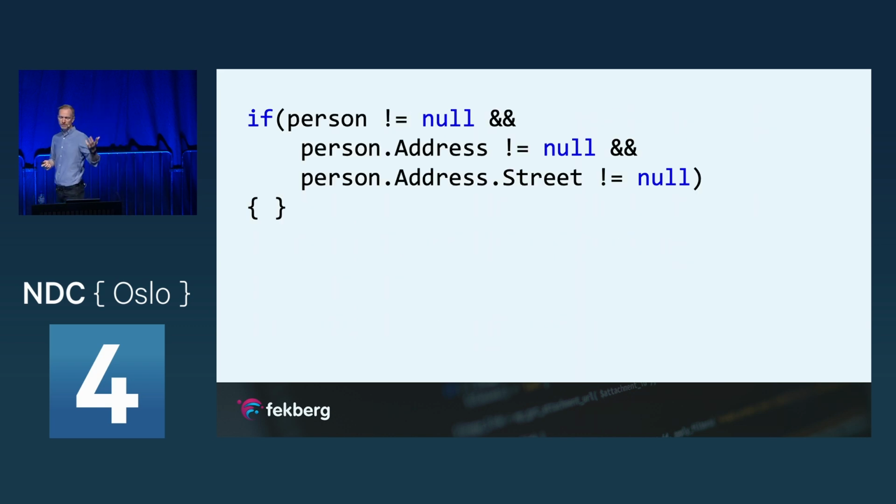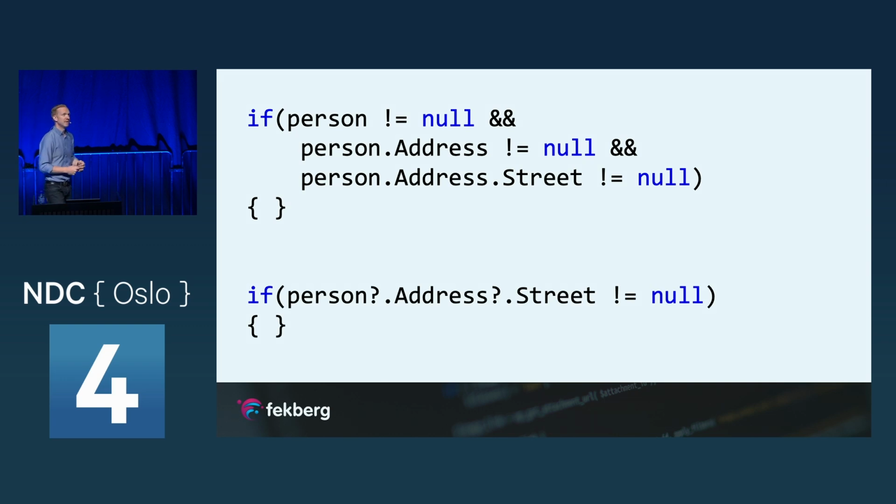We can, of course, look for nulls all over the place, but this here is ugly. And someone's going to tell me, well, you can write this much better. Obviously, I can write this if statement a little bit nicer, but introducing question marks all over my code base, it's not really the best architecture or not the best approach. While it's obvious what I want to do here, it's not very nice.